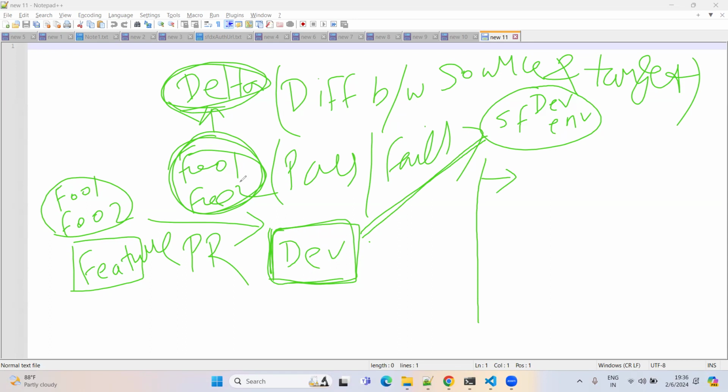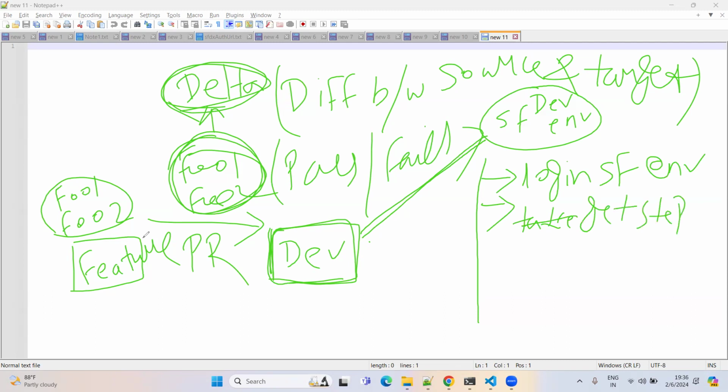What needs to be achieved from the pipeline perspective? Before that, let's understand the manual process. In manual, what will we do? If you want to do something manually, you log into the SF org, the SF environment. Second, you get the steps to perform, and then